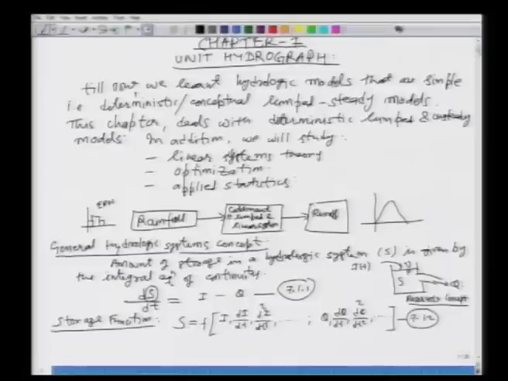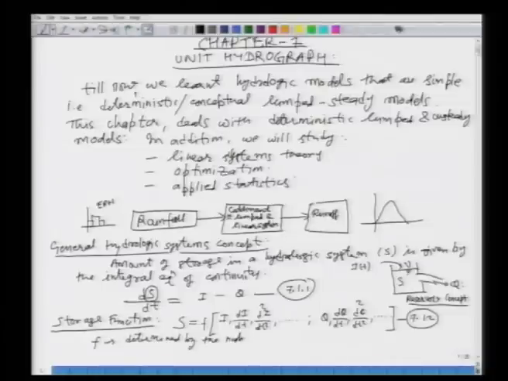So, what we are saying is that the catchment behaves like a reservoir in which there is some input, there is some storage, and what comes out is the outflow q. And this storage is going to be a function of input as well as output, and there are lots of derivatives. Now, when we are developing a model, it will depend upon the accuracy desired, how many derivatives of which variable we are going to consider in our modeling. So, this is the general concept, where this function f is determined by the nature of the hydrologic system being modeled.